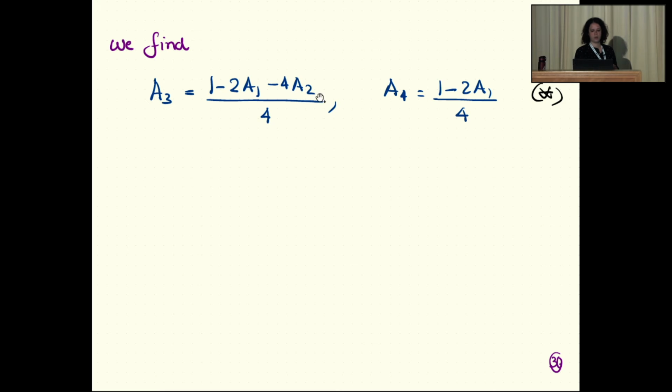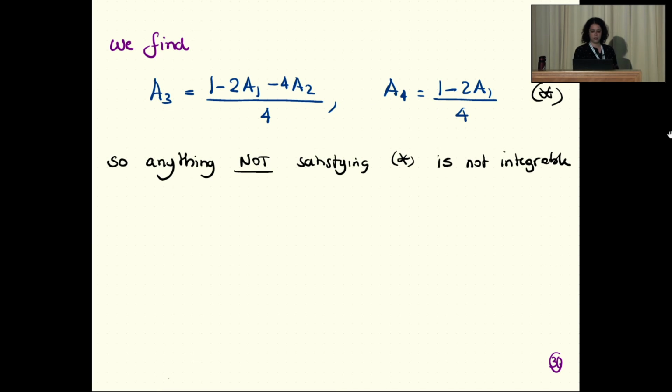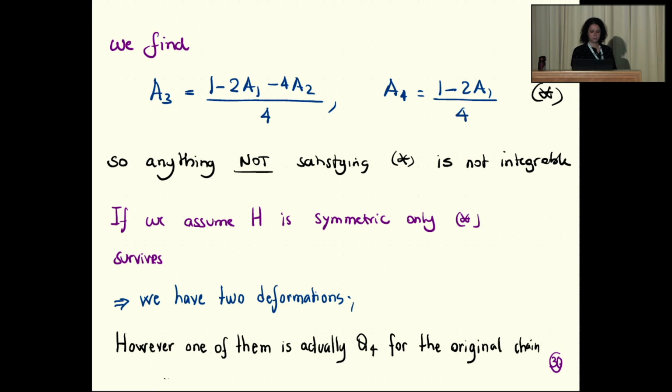So here it's depending on A1 and A2, basically. And if you consider, so if it doesn't satisfy these, it's already not integrable, even perturbatively. And then considering that it's symmetric, we have 2 deformations, but one is just a Q4. So it's something of range 4, what you have is Q4, in this case, one of them. So it's one proper deformation.